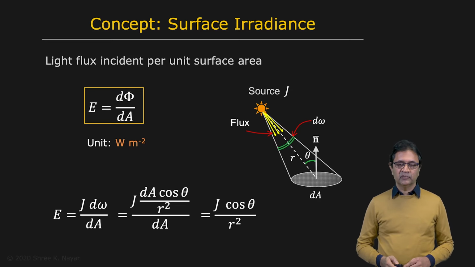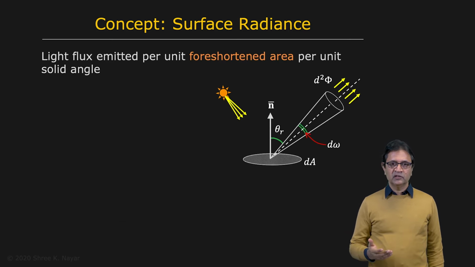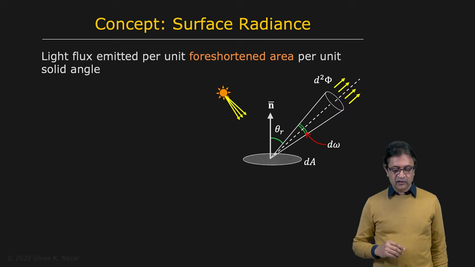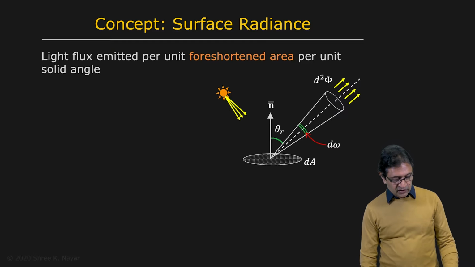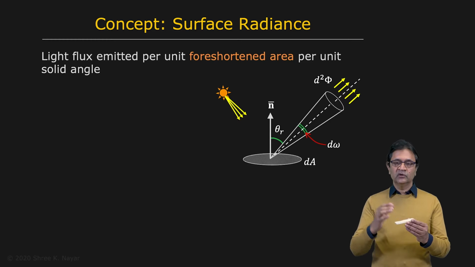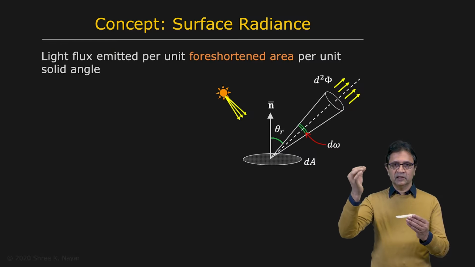Okay, so now we can talk about the brightness of a surface itself. The brightness of a surface is defined as its surface radiance. This is a little bit more of a complicated concept. How do you measure the brightness of a surface? So imagine that this is the surface right here, and you want to measure the brightness of the surface. You're going to use a sensor to do this. And let's say the sensor has some area. This is a little ring right here, that's your sensor. If you place the sensor right here, it's going to collect light from the surface.